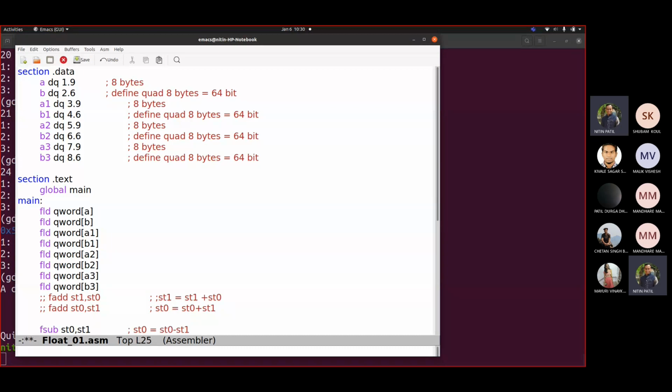Okay, so let me put a comment here. So we'll add another instruction there. fsubr. I write st0 comma st1. Now the meaning of it would be what? st0 equal to st1 minus st0. Reverse the subtraction. Okay, so let us see this now.